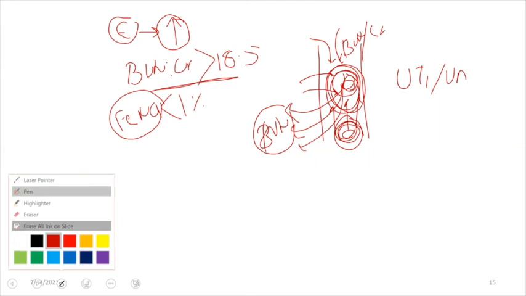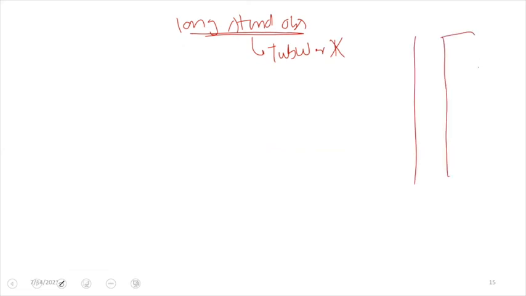But if we trace the disease for a long period of time, with long-standing obstruction, what happens is that long-standing obstruction will result in tubular damage. So the tubule will be damaged. Let me consider this a tubule, and we can draw the lining epithelium like this.